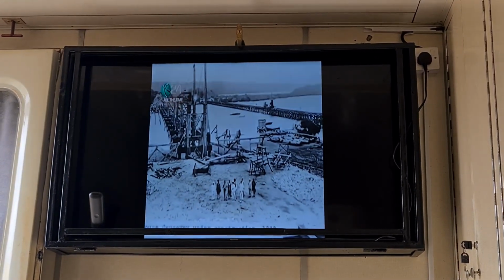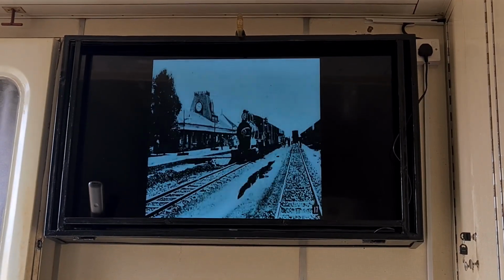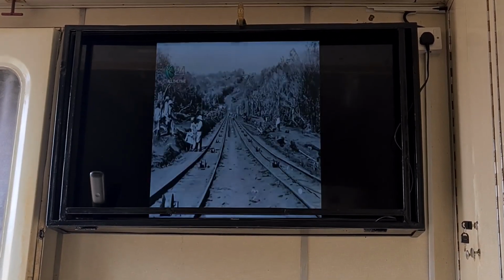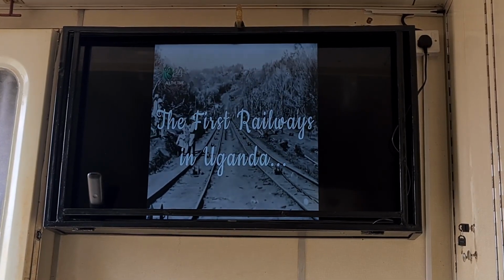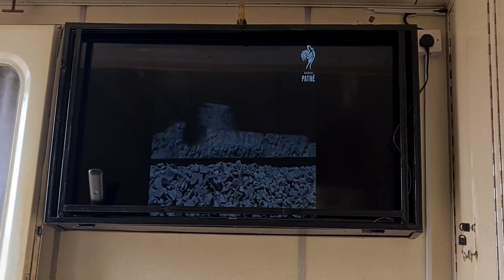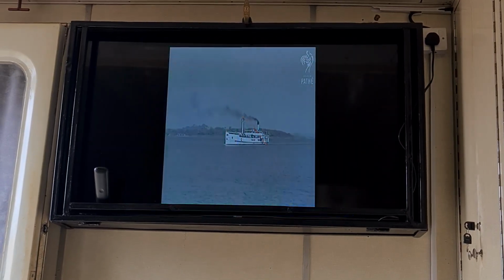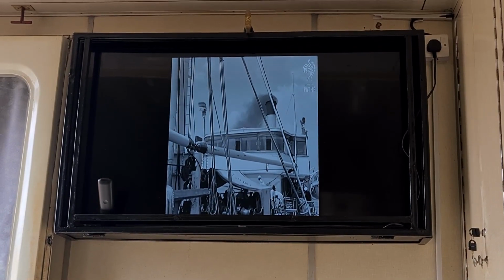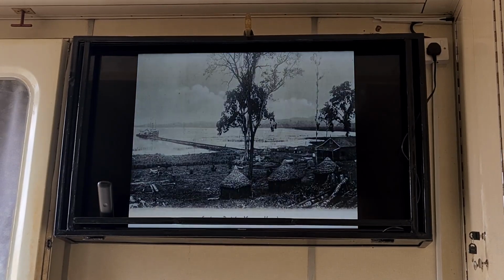Having started in 1896 in Mombasa, the line led to the creation of Nairobi along the way and eventually reached Kisumu in 1902. Once in Kisumu, what next? Freight and passengers would then have to board a ship that called at Port Bell, Entebbe, and at other stations around the lake. And it is to link Kampala with Port Bell that the first railway was built in